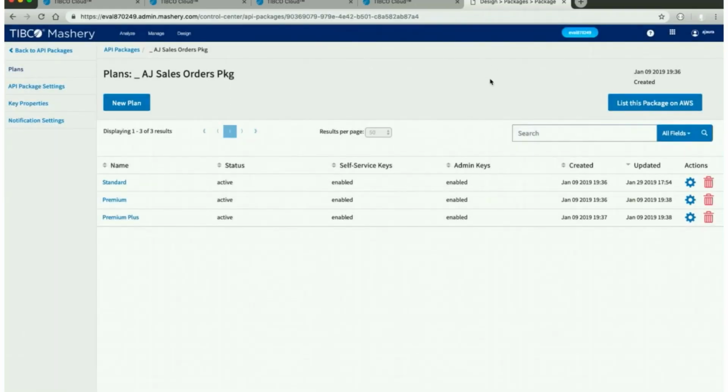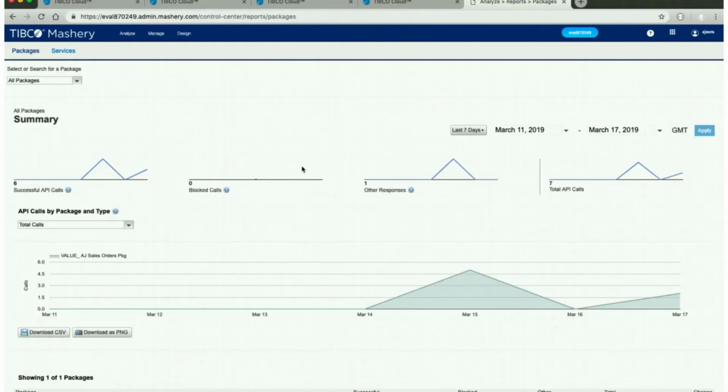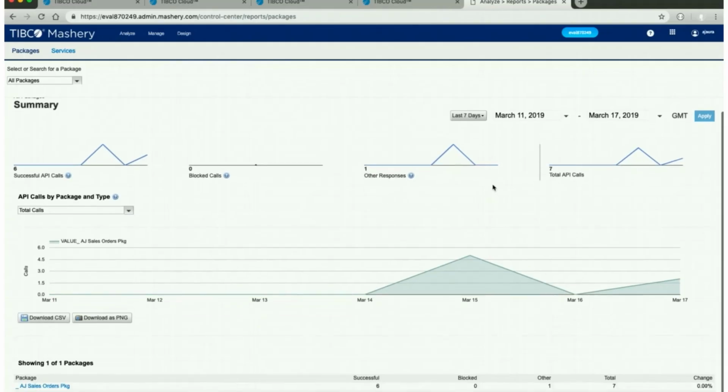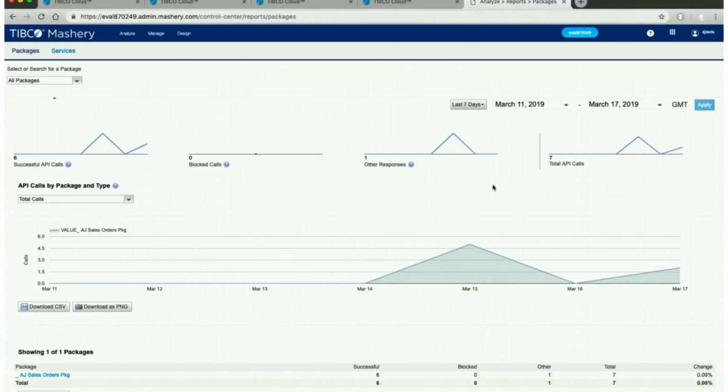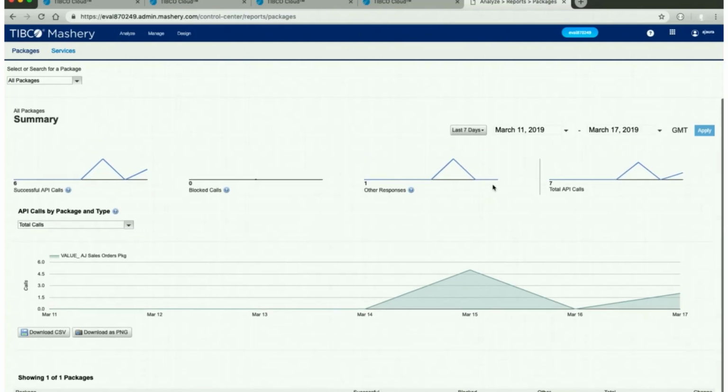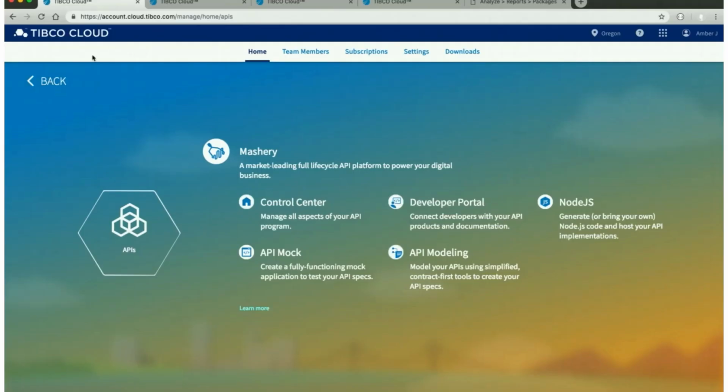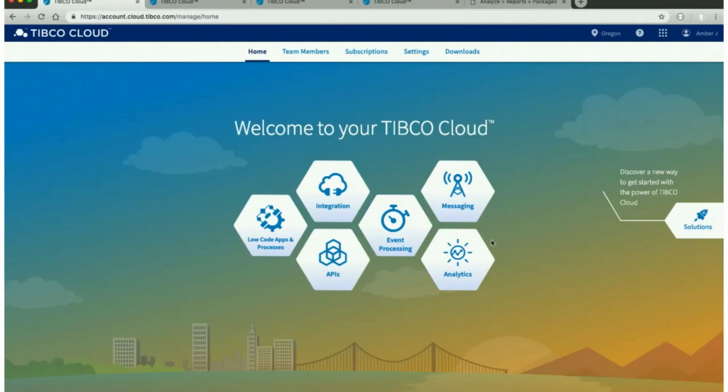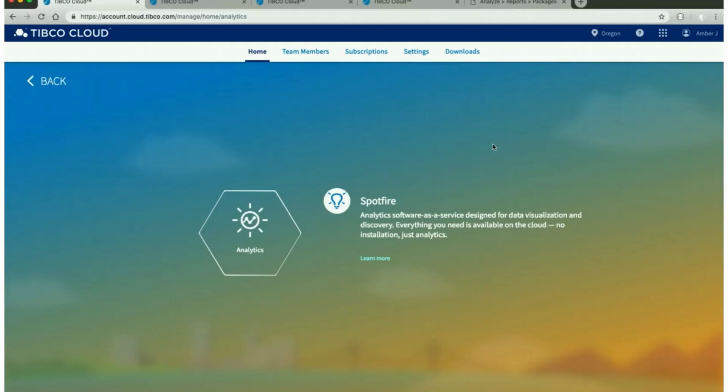APIs. And more on the analytics, so looking at reports, the total number of calls that are being made within a different given time frame, what's working, what isn't, what's popular, kind of giving you more flexibility to look at the trends of your APIs and how to design with that better customer experience for your API consumption. And lastly, more on the analytics in the cloud. We'll come back into the TIBCO Cloud Home under analytics capabilities, and let's look more closely at those sales orders for smart